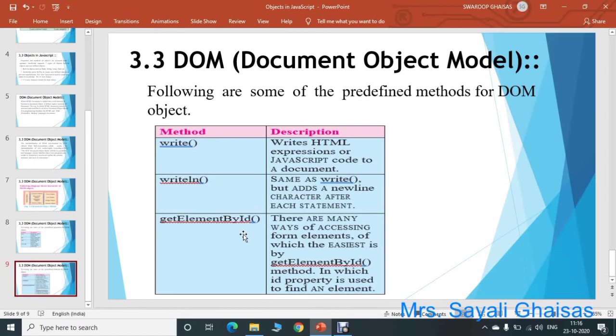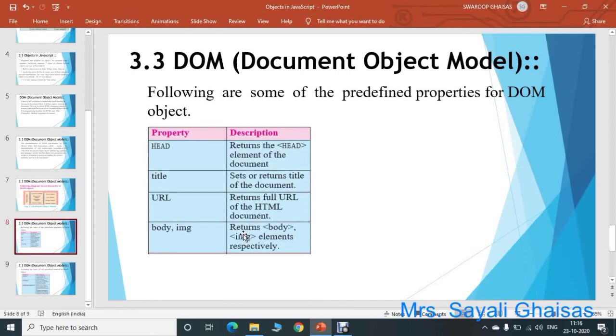See, every element in HTML can have a property that is ID. So by using that ID name, we can get the data from that particular element. See, the ID property and class property, we have already used while discussing CSS or while writing programs for CSS. So we know how to specify an ID property in an HTML tag. So using that ID name, you can identify that element. So that method is getElementById.